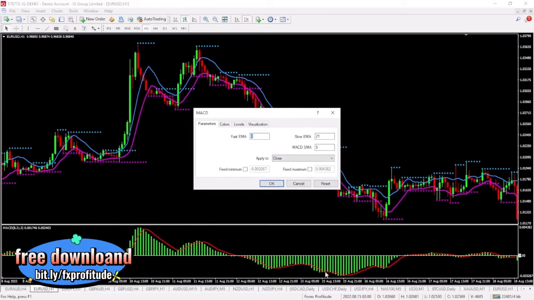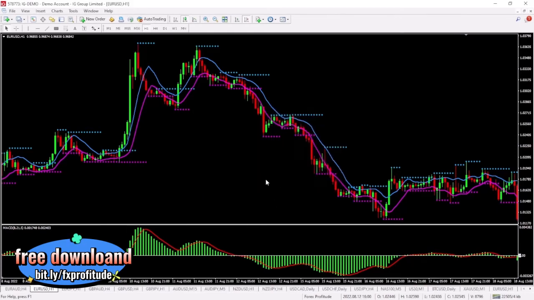With the 5, we're looking at the signal line. This is the red signal line. So with the 8 and the 21, we're going to see a trend. This is going to give us the direction that we want to trade. With the 5, we're looking at this red signal line, and that is going to filter some of the trading